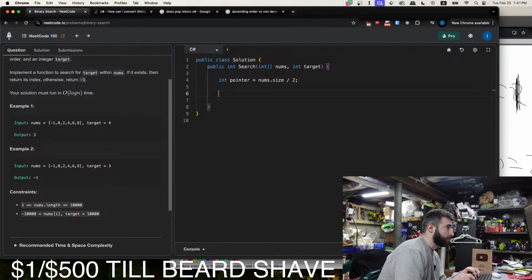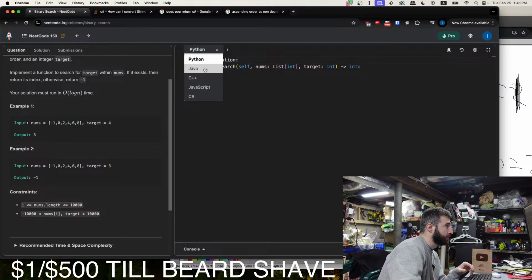And we'll also have a counter, or a current element, and it'll be equal to nums pointer. Oh, I just noticed we're doing this in C#. I'd prefer to start this off in Java.